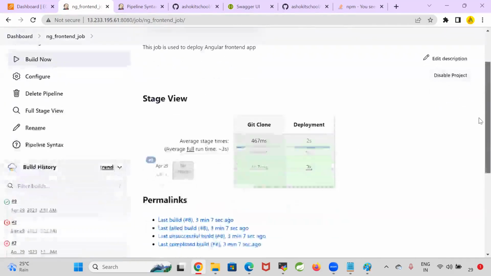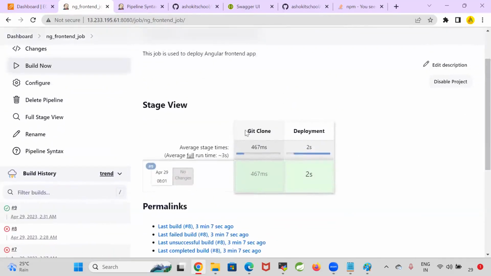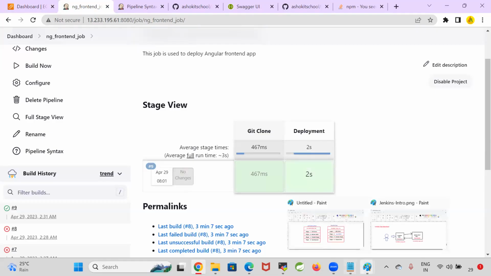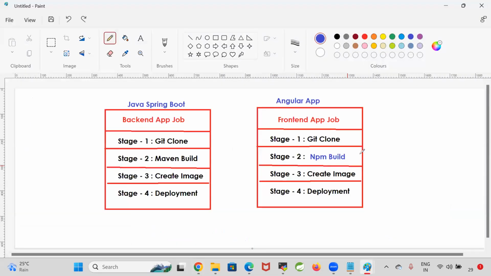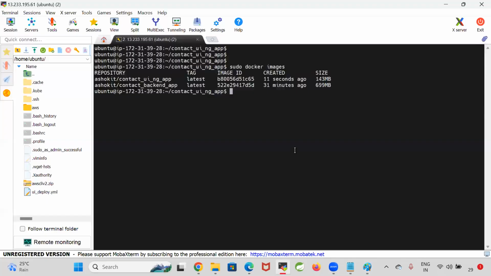Right, when I run the 9th job, what it has done is directly taken the git clone and taken the deployment directly. So with this, my front-end application deployment also completed. So only git cloning and deployment. Actually, we need to include the NPM build and create the Docker image. These two stages I have done manually, guys, because I'm facing some issue with that npm command. Right. So once the deployment is completed, let us verify kubectl